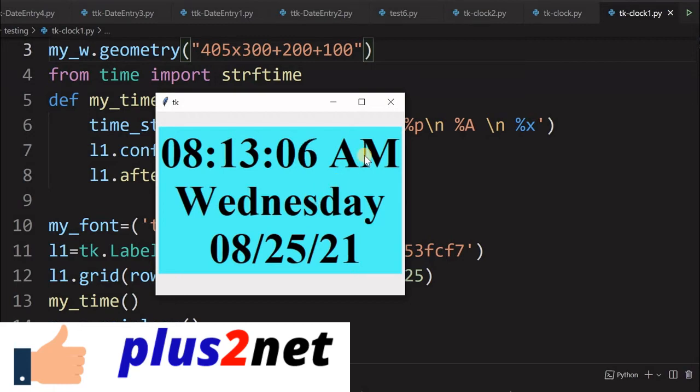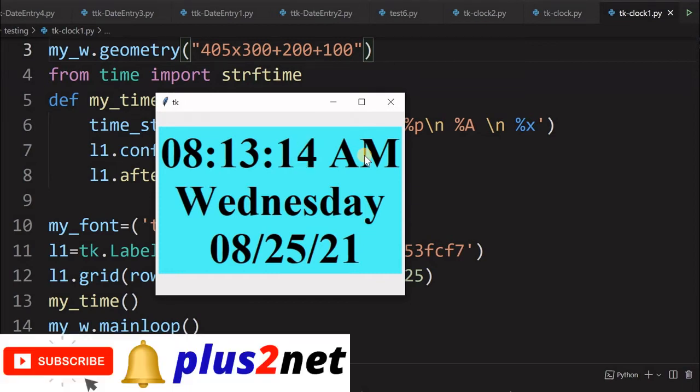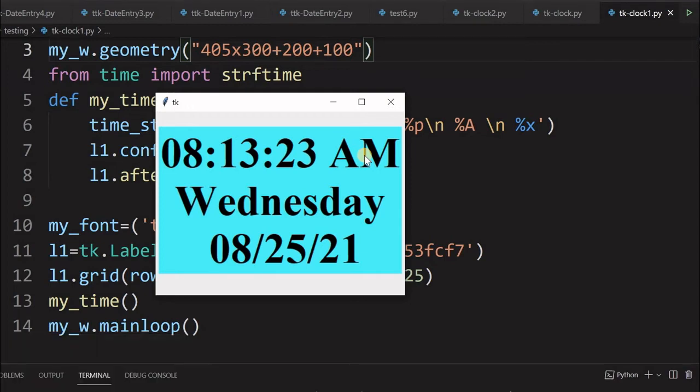Now there is one more requirement that has come up. I received a question: suppose I don't want the clock to keep changing, but what I want is that the moment I click the button, it should update and be available in the entry box. This is required because many times, while submitting any data, you want to know what time this data was generated or submitted. So I will slightly modify this and develop that.